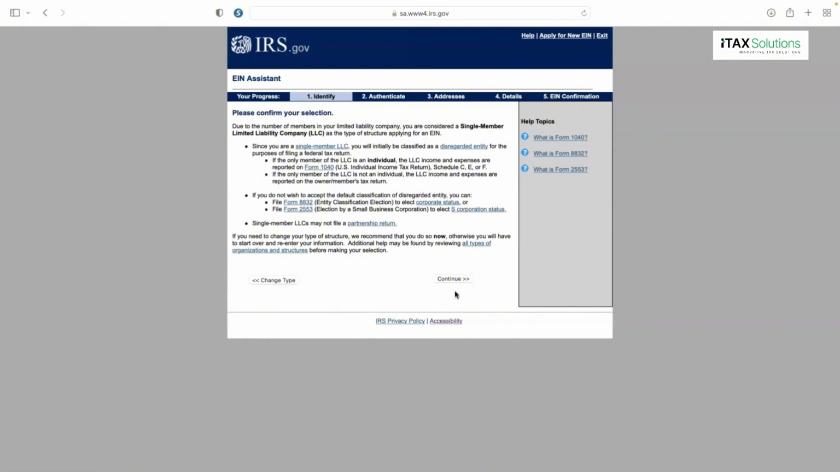Since you're a single member LLC, you will be initially classified as a disregarded entity for the purposes of filing a tax return. If the only member of the LLC is an individual, the LLC income and expenses are reported on Form 1040, Schedule C, E, or F. If the only member of the LLC is not an individual, the LLC income and expenses are reported to the owner member's tax return. If you do not wish to accept the default classification of the disregarded entity, you can file Form 8832, file Form 2553,